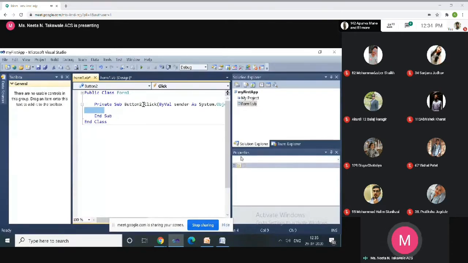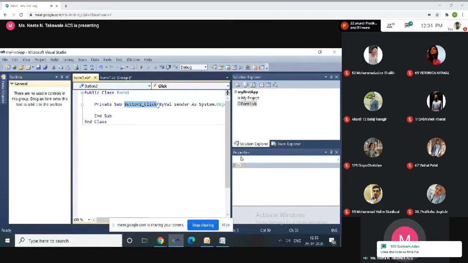when you click on that button, your application will execute only that part. If you are not clicking on that button, then that code is not executed. That is called event driven programming. Event driven programming means what should happen when an event occurs. When the user clicks, what should happen?